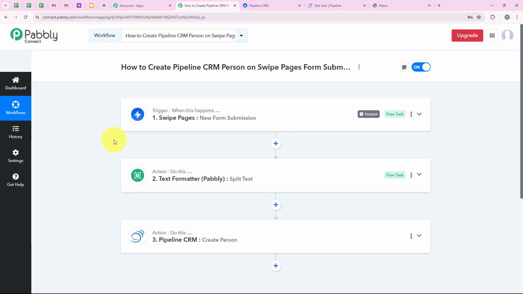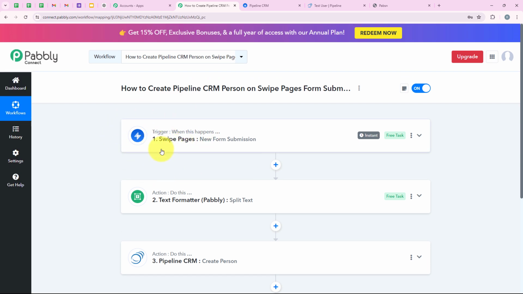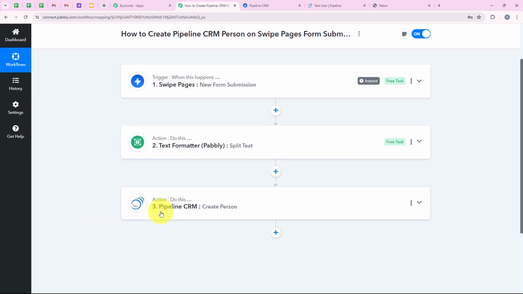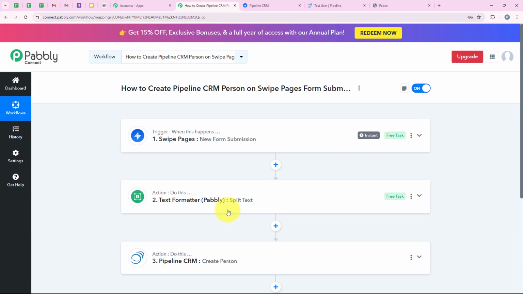And now I'll just summarize the workflow for you once. For the trigger application we selected Swipe Pages. For the trigger event we selected new form submission. For the action application we selected Text Formatter by Pabbly, and then for the action event we selected split text. Again for the action application we selected Pipeline CRM, and then for the action event we selected create person,